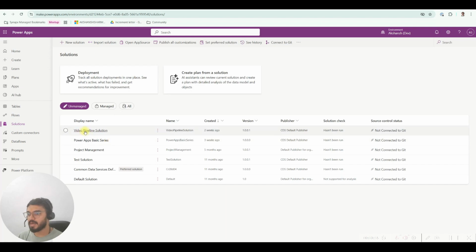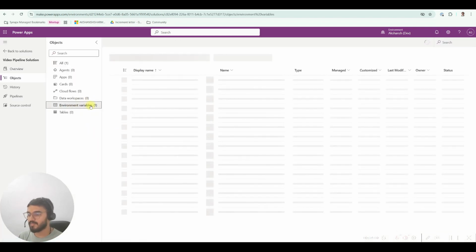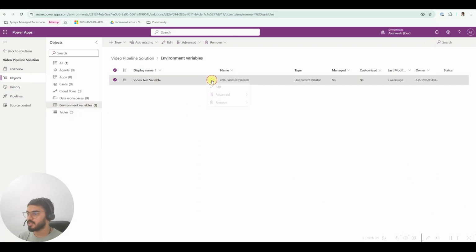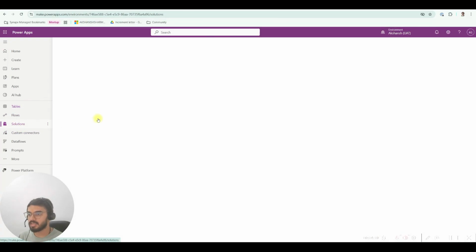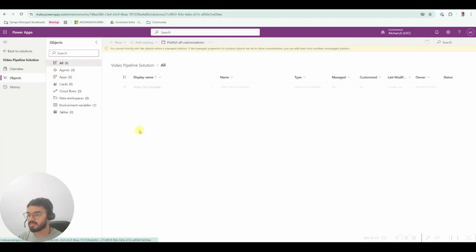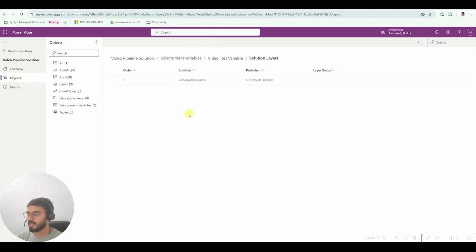Now we will quickly go back and open our solution just to reconfirm that there is no unmanaged layer created as a result of this change. So again, three dots, advanced. Oh, actually we are in dev. UAT, yes. Solutions, managed, pipeline, environment variable, advanced, see solution layers, and you can see only one solution layer is there,